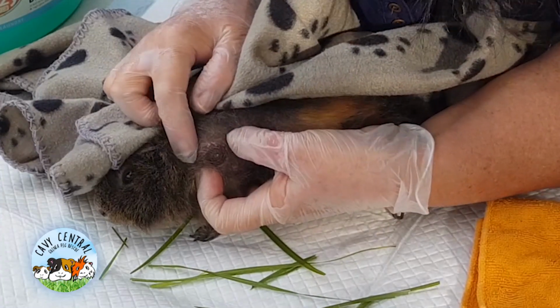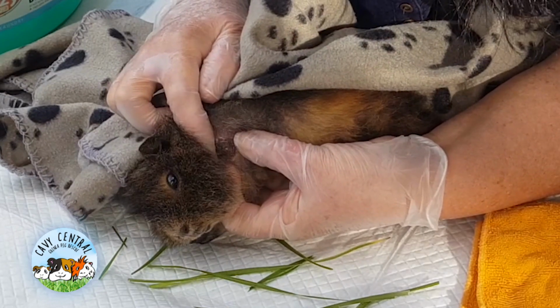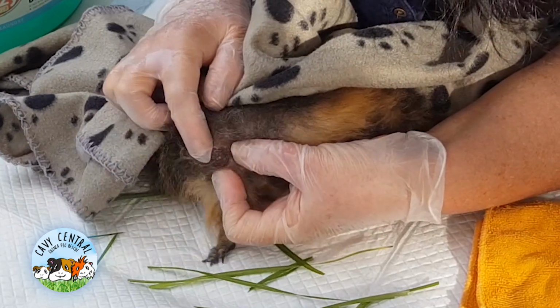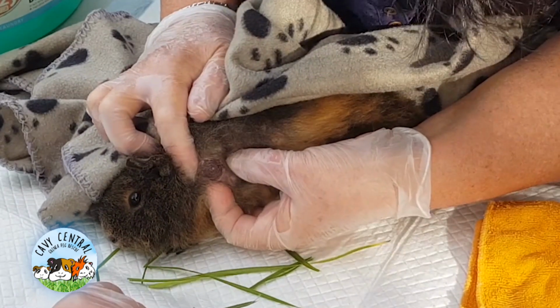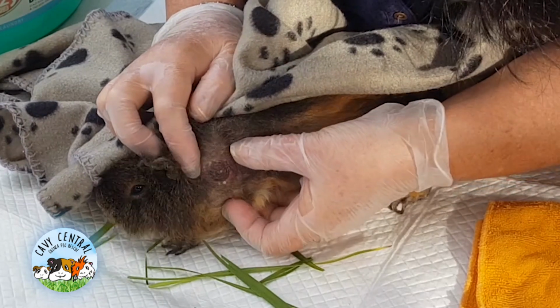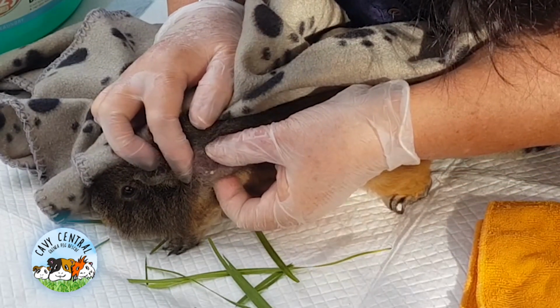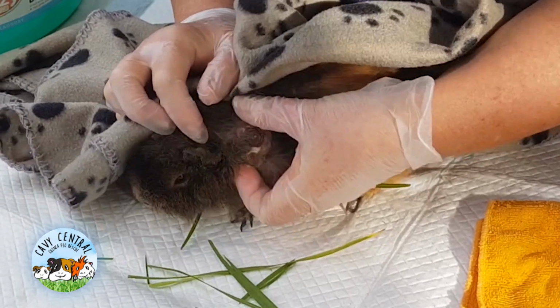And all I'm doing there is just pressing carefully around the edge. That is a real top. The whole thing is a top. Oh my goodness, it's coming out the bottom. Can you see it there? Okay, yep. The whole top is...